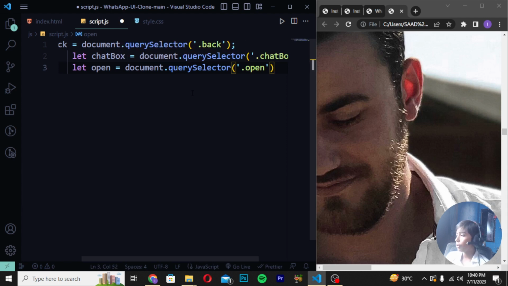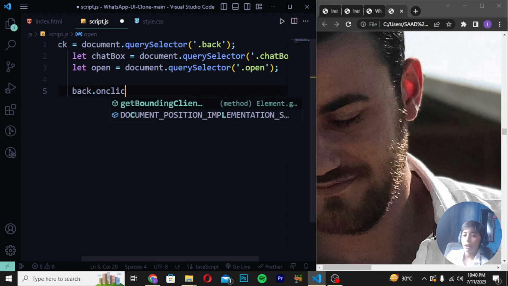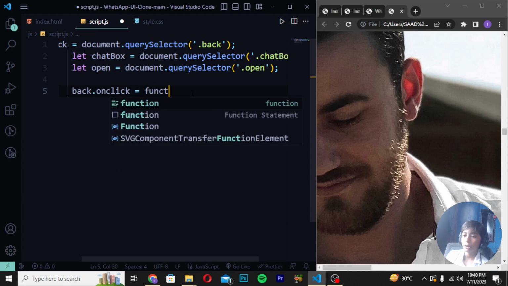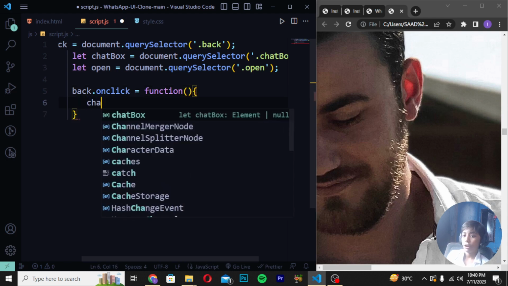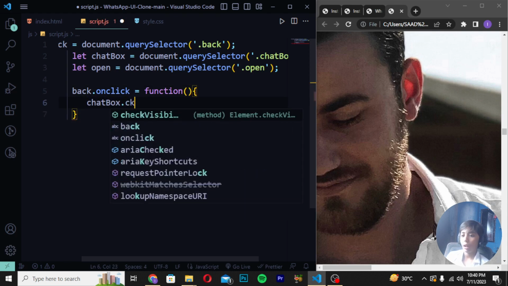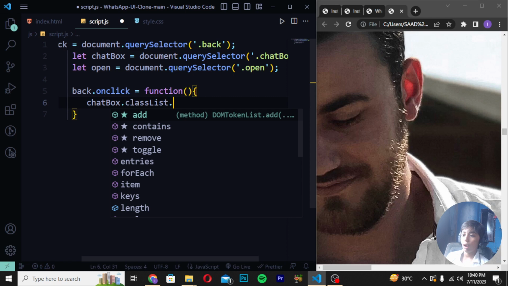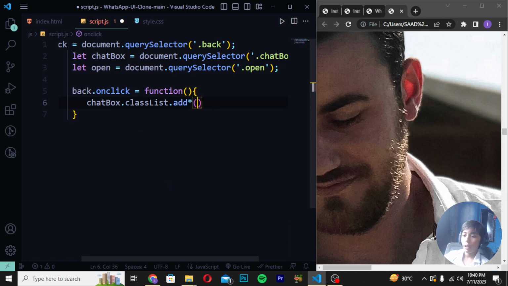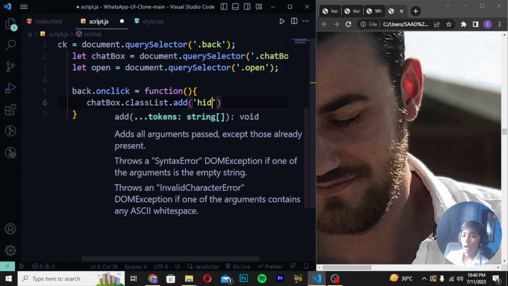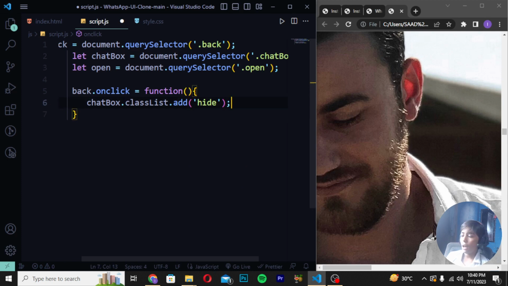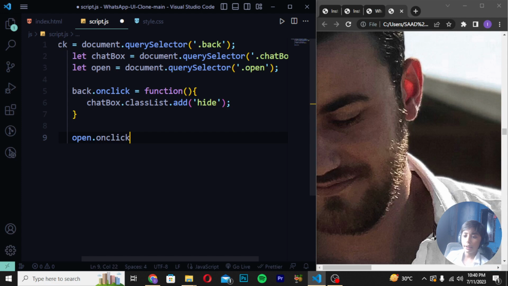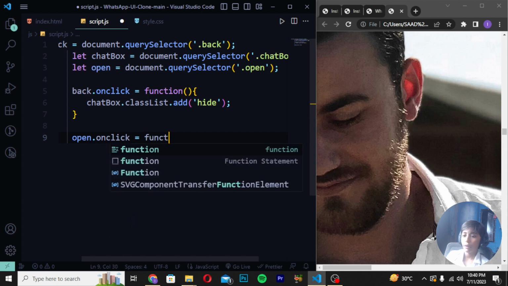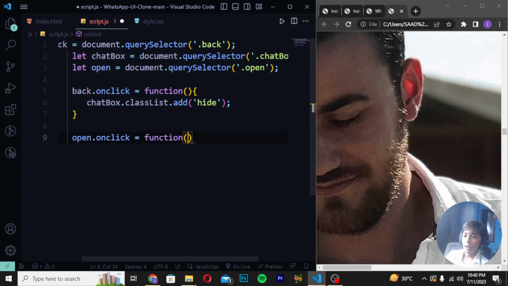Now back dot onclick should be function, and here I will give chat box dot classList dot add, and here I will give hide. And then open dot onclick, and here I will give function should be